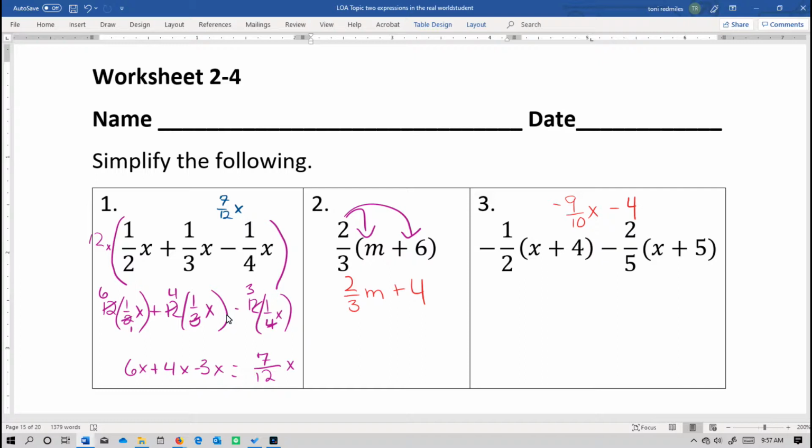Okay, so anyway, this is the answer, but the way that I do it is I take 2/3 times the m, and then I also distribute it to the 6. You should know the distributive property by this class. If you don't, please comment to me that you don't know that one. I don't actually have a distributive property class. I have a list of all the properties of math that I want to make YouTube videos for. Eventually, if I'm teaching this class and I have those videos made, then I will put them in the classroom. So now 2/3 times m is just 2/3 m,